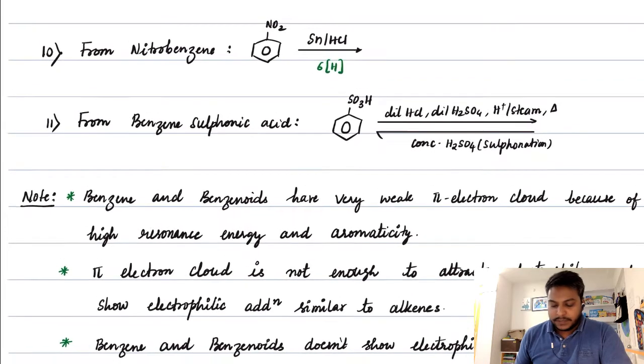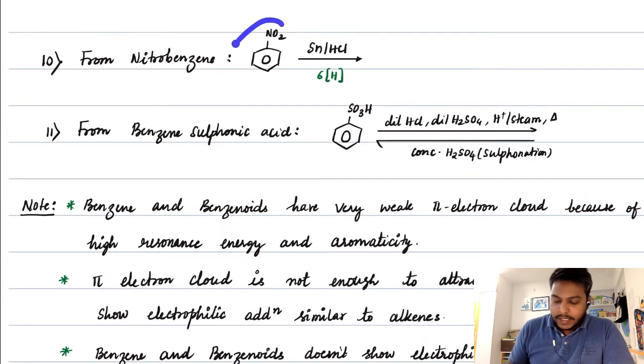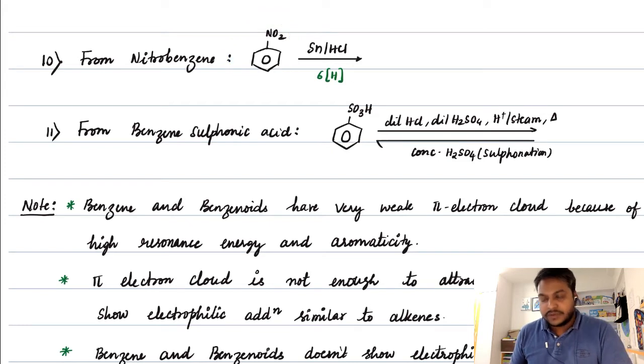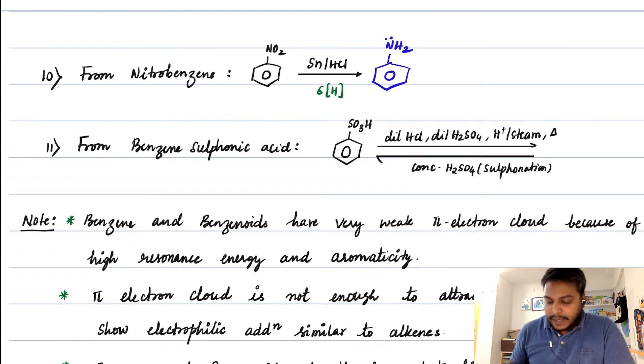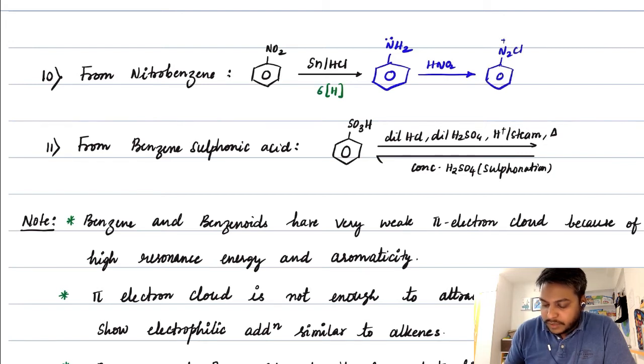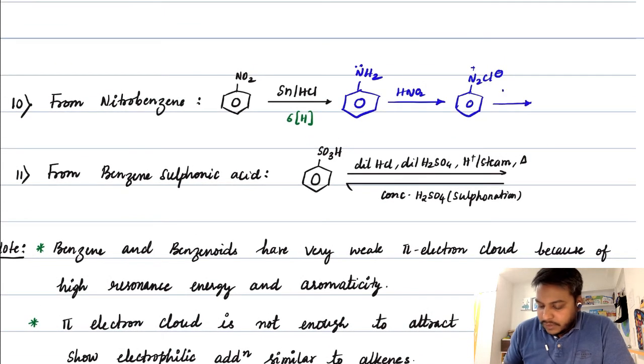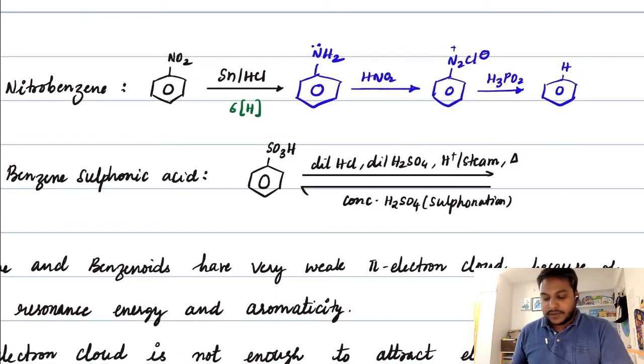Now, coming to the next reaction, here you can see nitrobenzene can also be used to convert into benzene form. What we can do here is that nitrobenzene, in the presence of Sn/HCl, will first convert into NH2, that is aniline form. Got it? And once you get aniline, you treat that with HNO2, which will convert into diazonium chloride salt N2 plus Cl minus, which on further treatment with H3PO2, we shall get benzene. Right, students? So this we have seen.